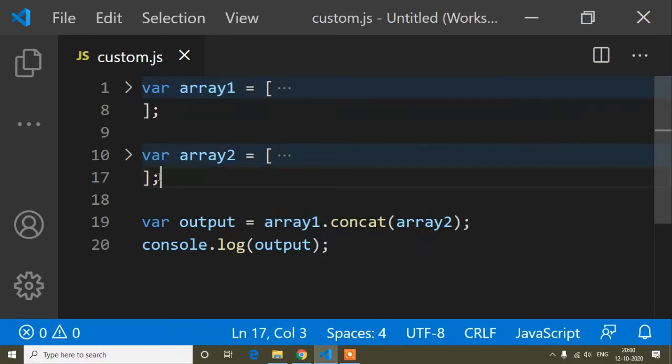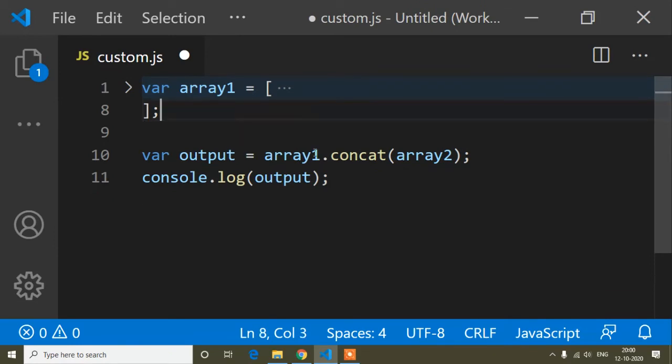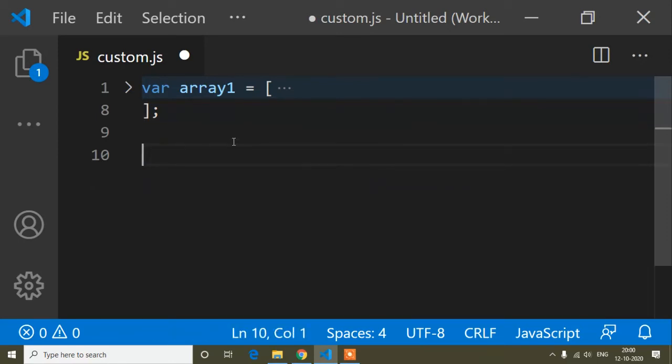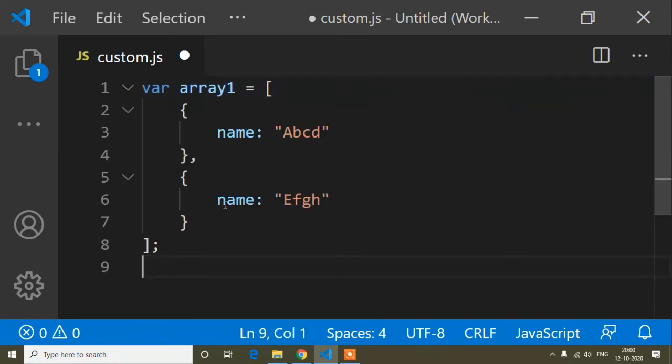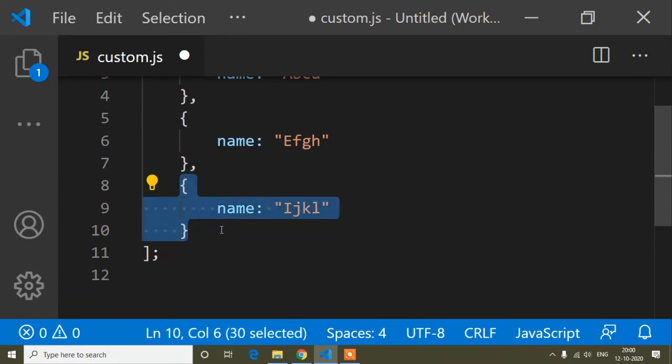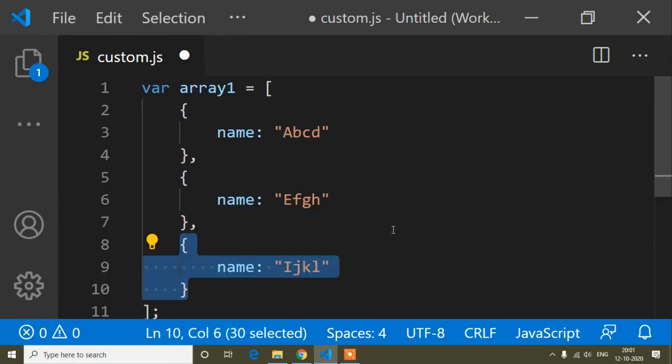Now I will show you another example. Here I will remove this one, and suppose you want to concat an object here like this. So if you want to add this object using array concat, how can you do it?